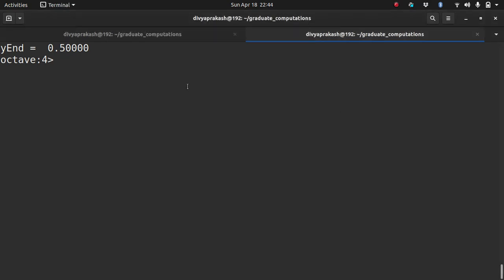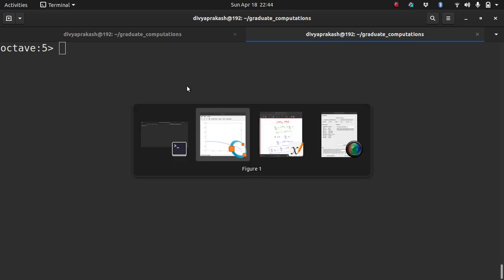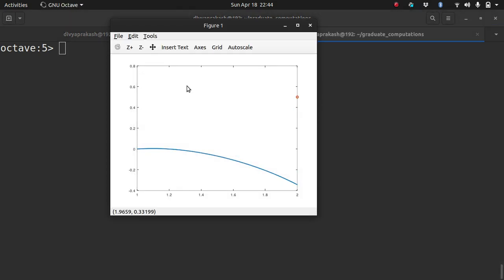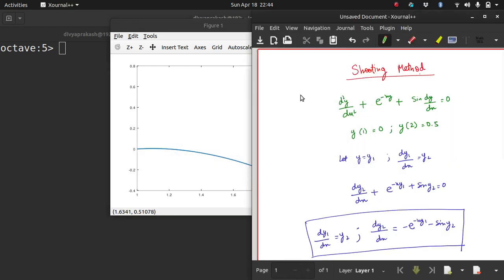way to do it. What you can do is you can make use of a function called fzero. So fzero in Octave or MATLAB is a function which gives you the root of an equation. So for example, if you have,